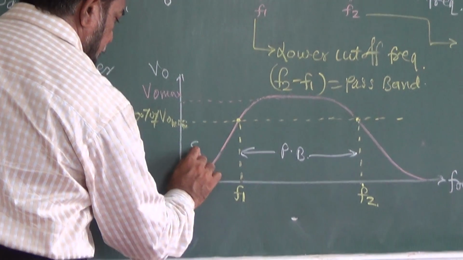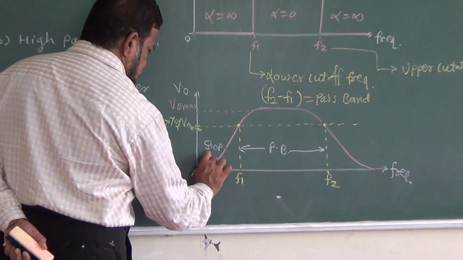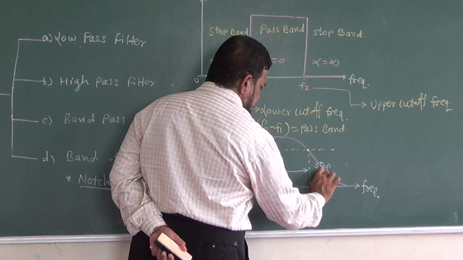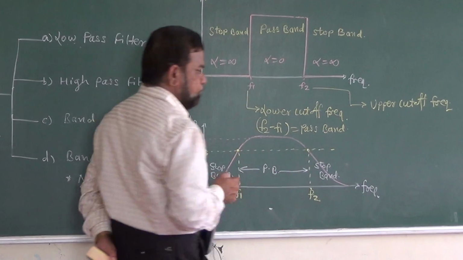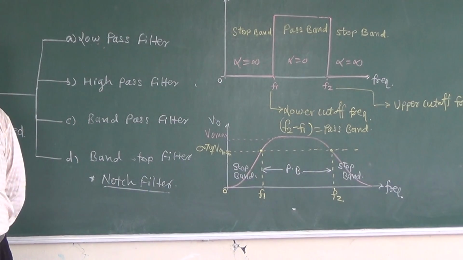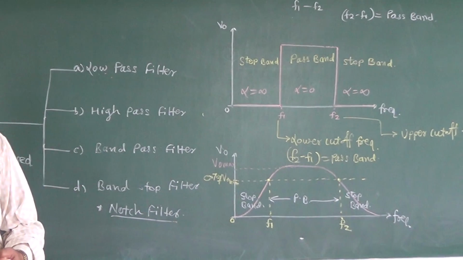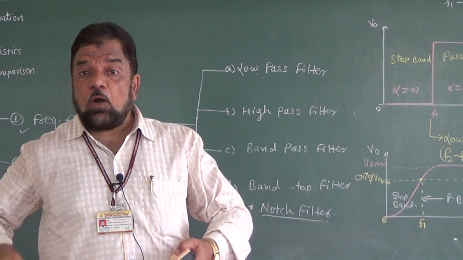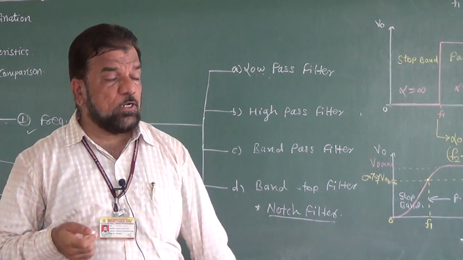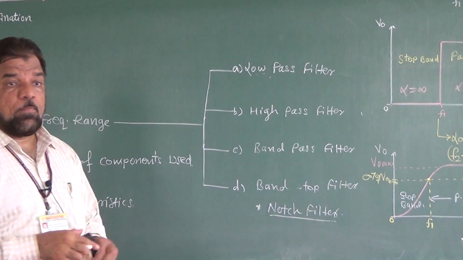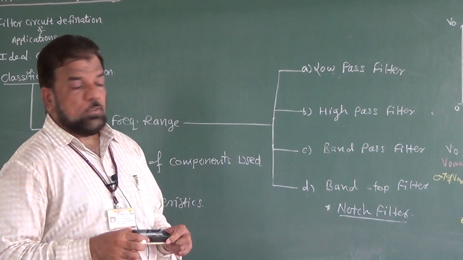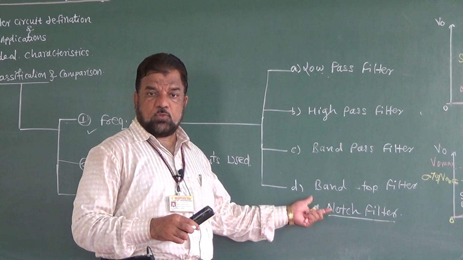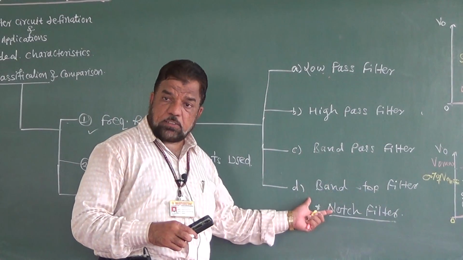Between 0 to F1 I am having a stop band. Above F2 again I am having a stop band. So the filter circuit which transmits desired frequencies whereas attenuates frequencies outside that particular range is called a band pass filter. Now the last one is the band stop filter. So just opposite, a filter circuit which